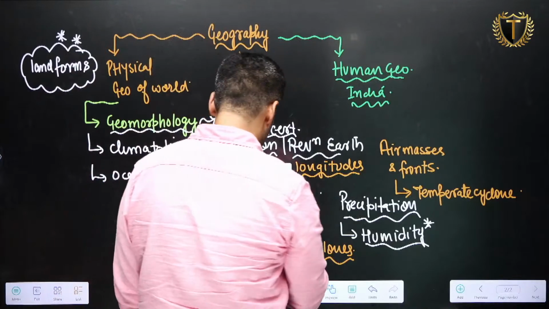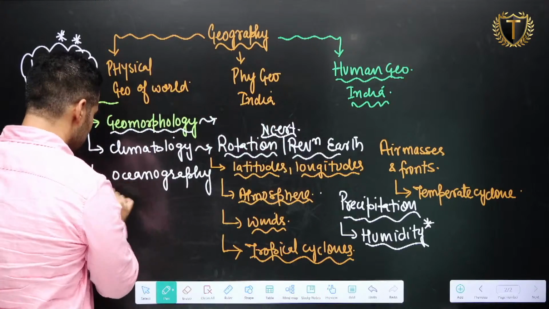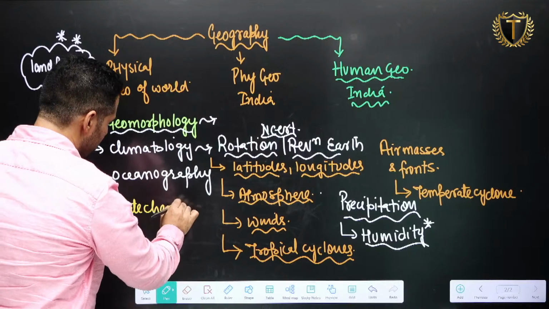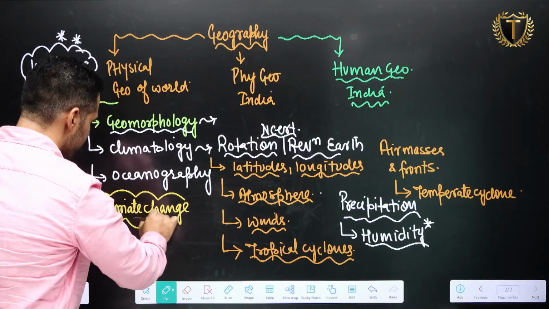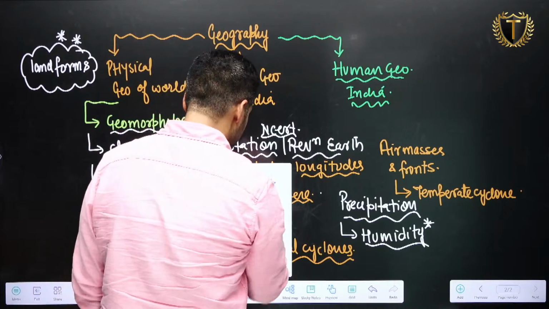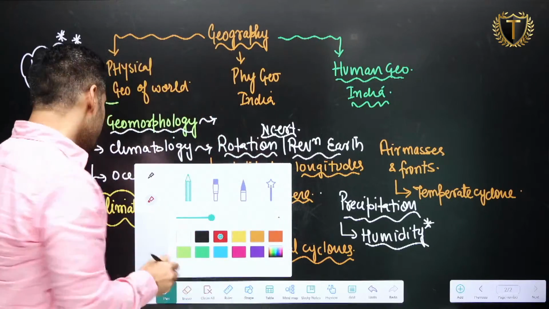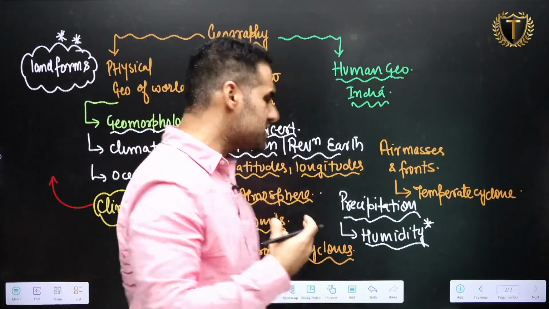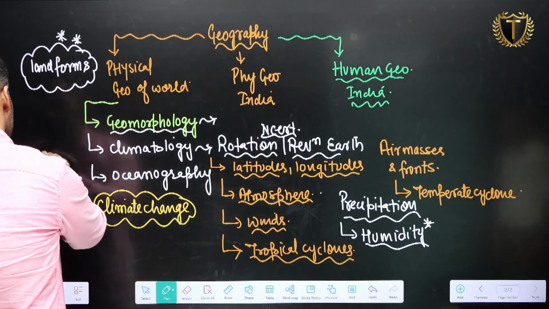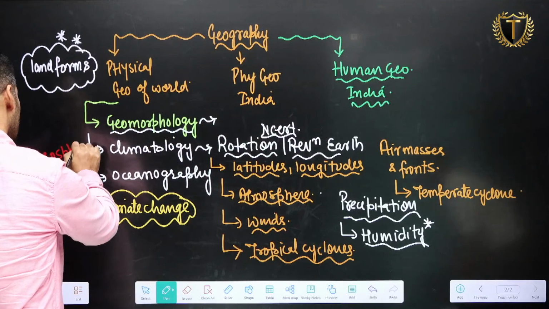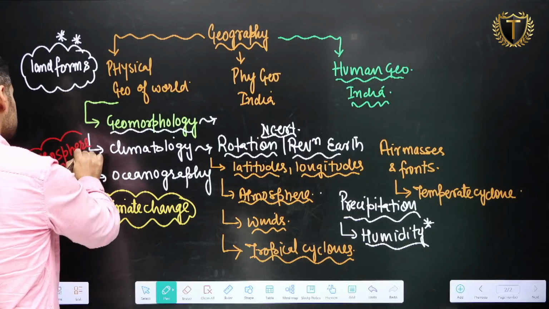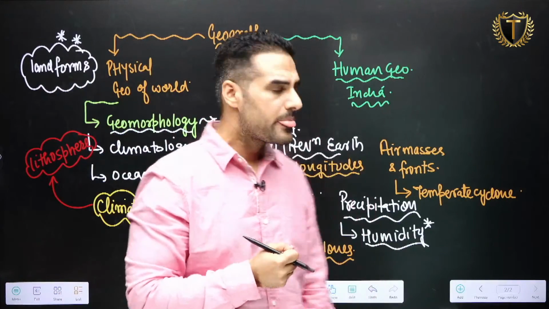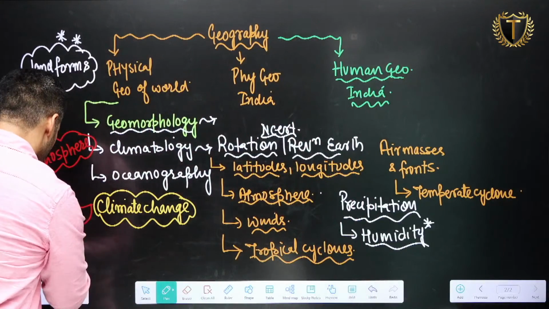Apart from this, if we add some part here, climate change, I will try to break it up, try to understand in this way. In your syllabus, it is clearly mentioned, impact of climate change. So the impact of climate change can be on the lithosphere. Litho means rocks, sphere of rock. It means impact of climate change on the lithosphere. Impact of climate change on the atmosphere.